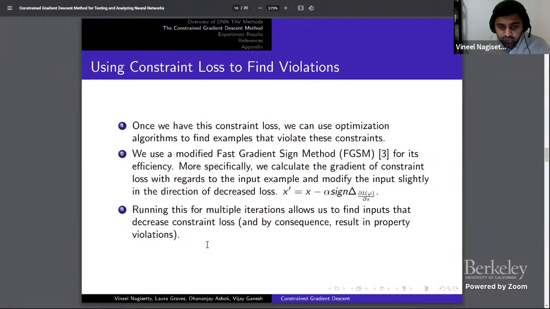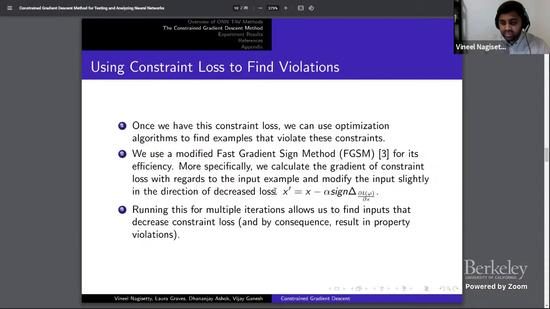as Mark mentioned, we can use different optimization algorithms to find examples. We've opted to use this fast gradient sign method because it's efficient. Specifically, what we do is we calculate the gradient of constraint loss with respect to the input example, and we modify that input slightly in the direction of decreased loss. So this is a very cheap computational calculation,